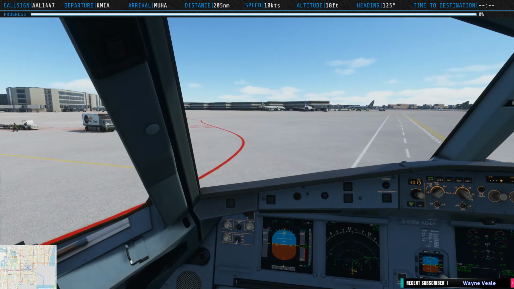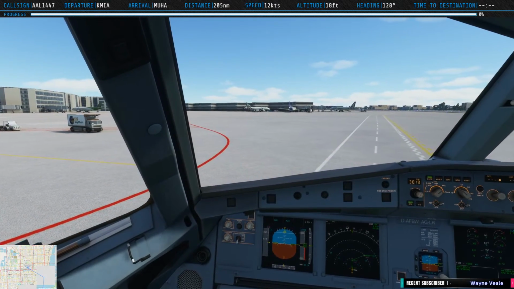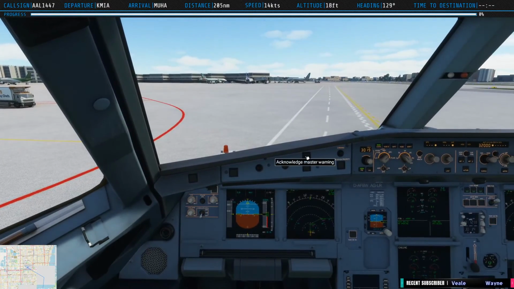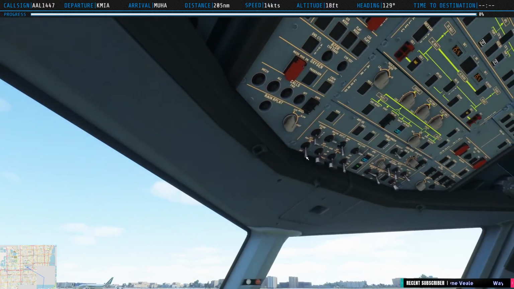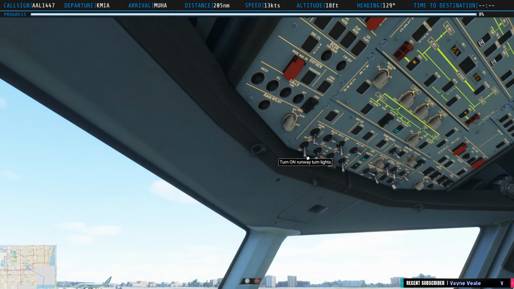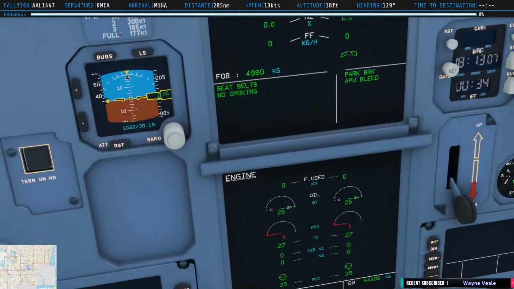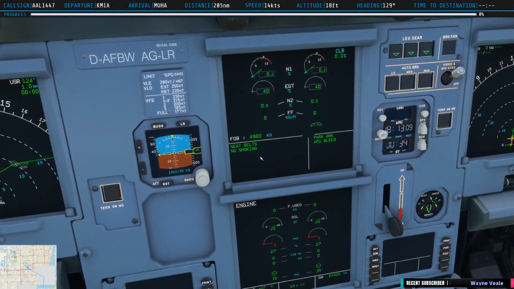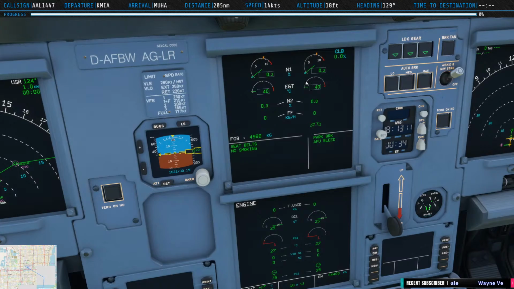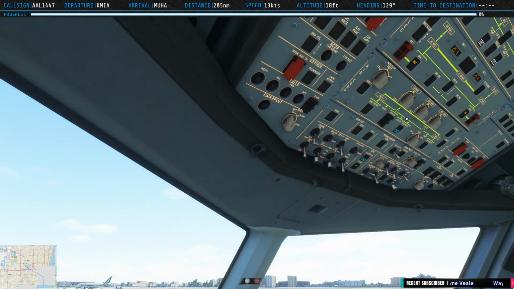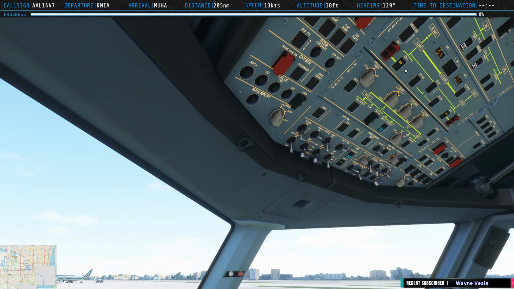Okay, I think that's good enough for pushback. We can set the parking brake. But I think I realized this for some reason, the engines are not spooling. Am I right? Yes. So why? APU bleed is on, APU is on, fuel pumps are on,